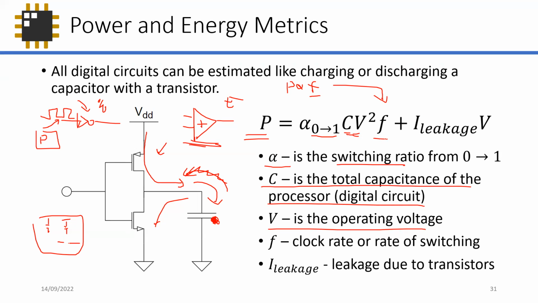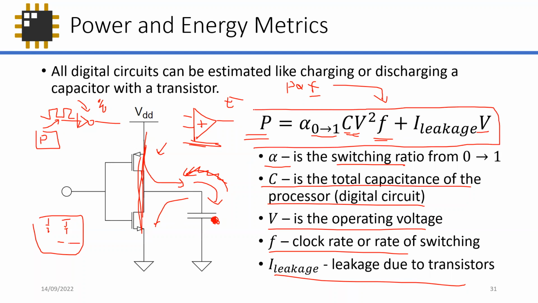And then you're multiplying it by the, okay, what's the rate? How fast am I actually charging that? And then the I leakage times V here is due to the transistors, because, from your semiconductor physics, there is leakage going on through our transistors. So power is defined this way. This is like a first order estimate of power. It's dependent on how much is switching from 0 to 1, multiplied by the total number